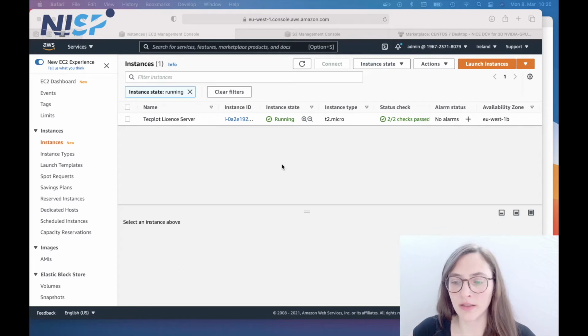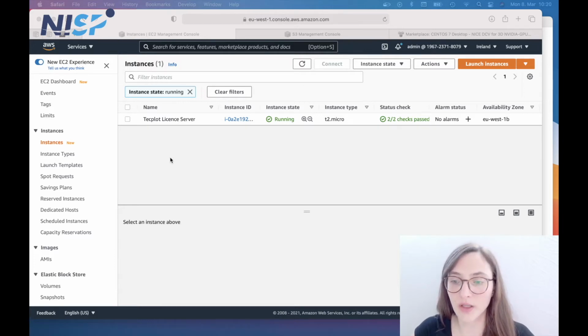Okay, so let's get started. At first we will go to the AWS console and to the EC2 dashboard. Just to be clear again, what we are going to do now is launch an EC2 instance, install a machine image provided by NISP, which has Nice DCV already pre-installed, and then we will do some software installation. I will install the post-processing software Tecplot, copy over some files from the S3 bucket, and I will also show you how to get local files onto your virtual machines, and then we will get going with our software,